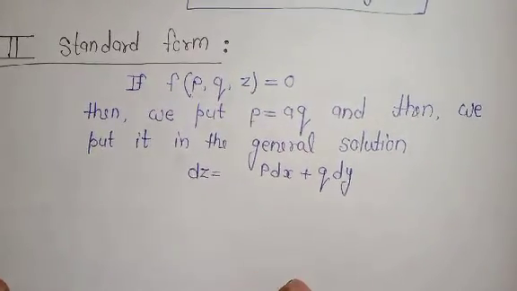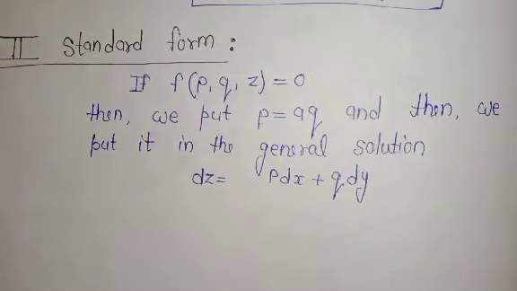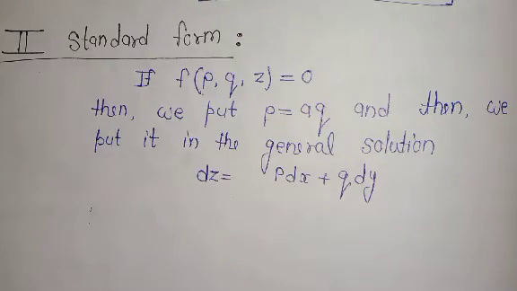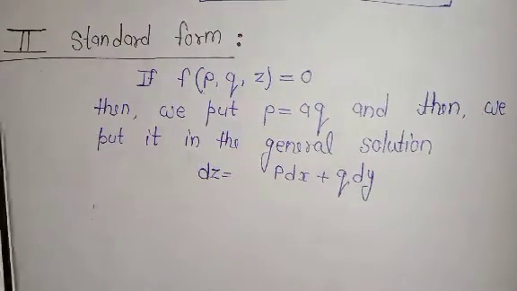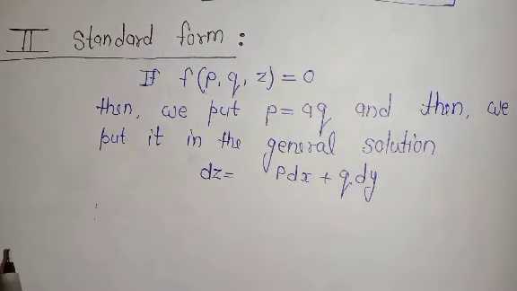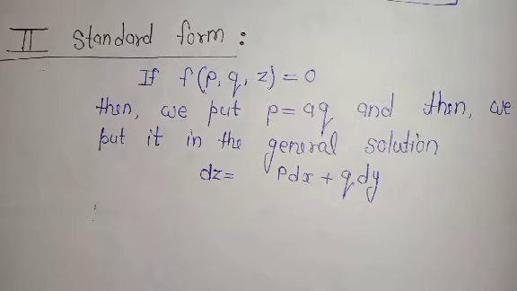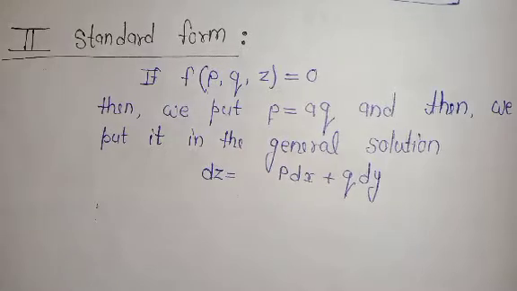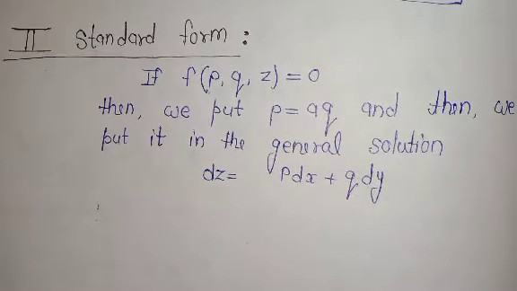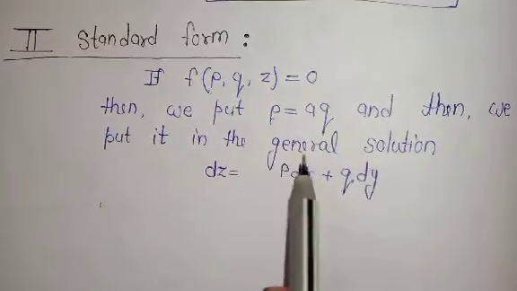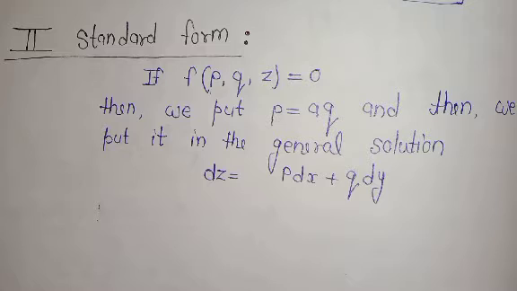Then we can easily find the general solution. So I will take some examples for the second standard form so that the method becomes more clear to you. Before taking any example, I want to tell you that singular solution does not exist in the second standard form as well. I told you that the singular solution does not exist in the case of the first standard form. In the same way, in the second standard form, singular solution does not exist. So we will talk only about the general solution, because generally the question is asked about the general solution. So we will discuss only the general solution, and now I am going to take examples.